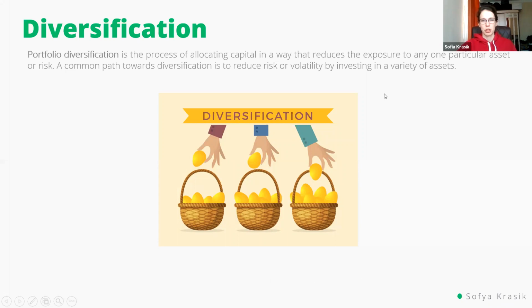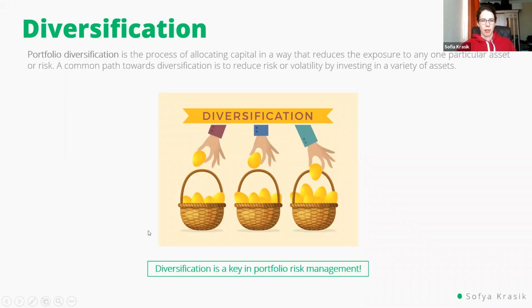So the general recommendation is to always invest in different sectors, to diversify your portfolio. This is a key concept of risk management. But this also decreases profit. True, true, but